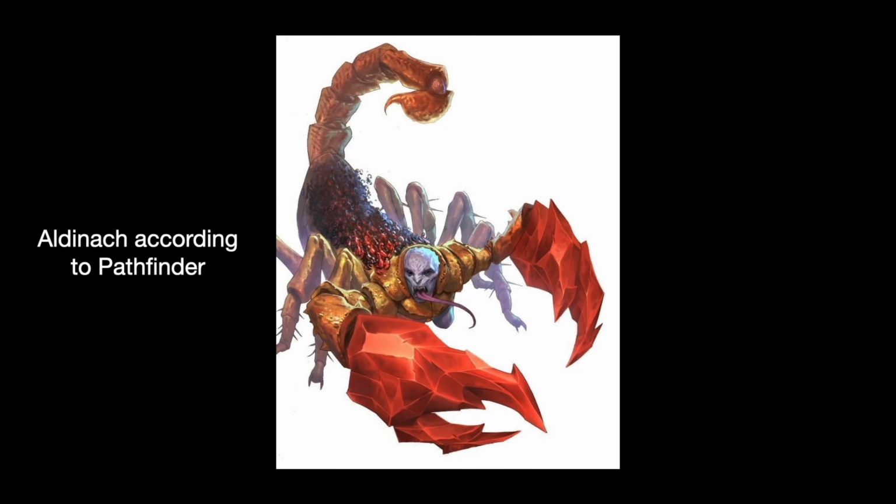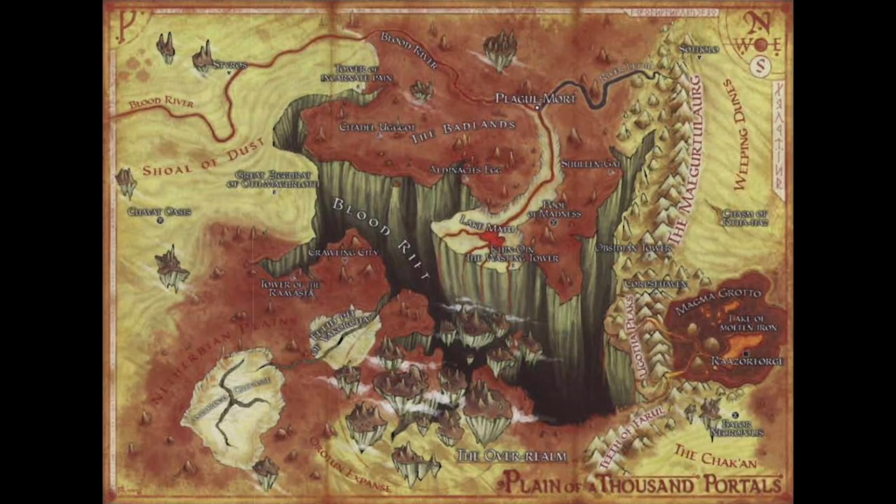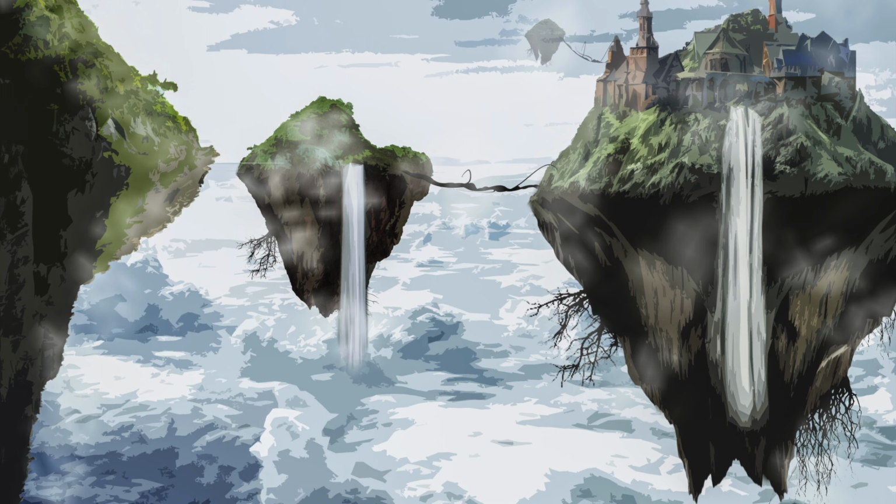Her followers abduct good-aligned people and creatures such as paladins and unicorns and take them to her iron fortress where she transforms them into experimental fiendish monstrosities. In 4th edition, Pazunia is called the Plane of 1,000 Portals, or the Plane of Yawning Pits, and Pazuzu actually rules the layer uncontested. In addition to the desolate badlands of red dust, there are sky islands, chunks of free-floating